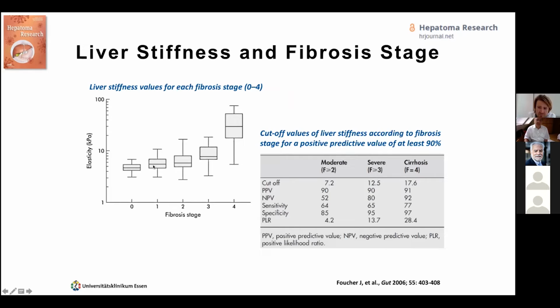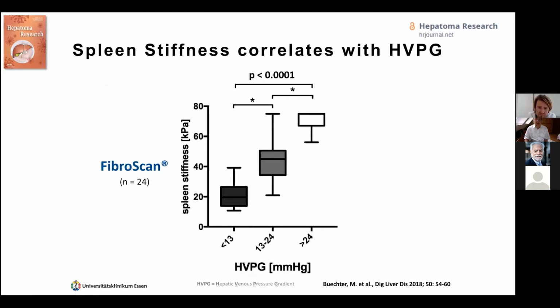And in the early cases and the late cases, we have a very good correlation, with more than 90% in specificity and sensitivity in this assay. And it also correlates with direct markers like the hepatic venous pressure. And then we have an indirect marker using FibroScan to have an HVPG equivalent. So we can use it in a